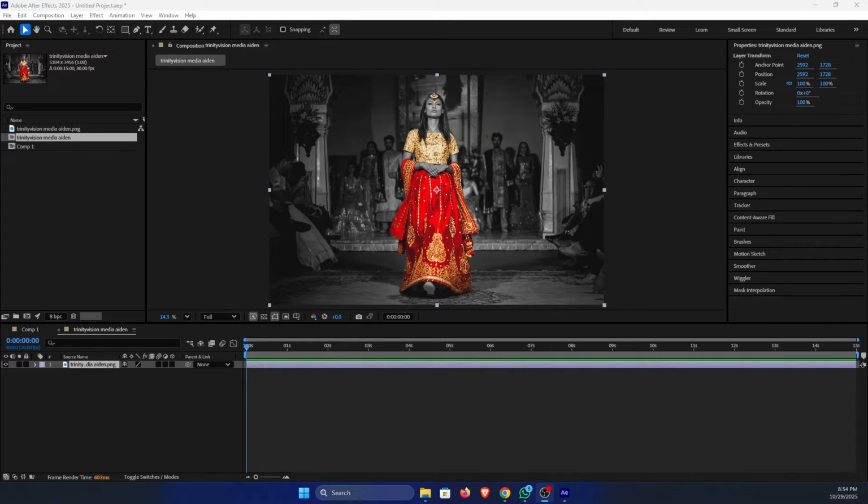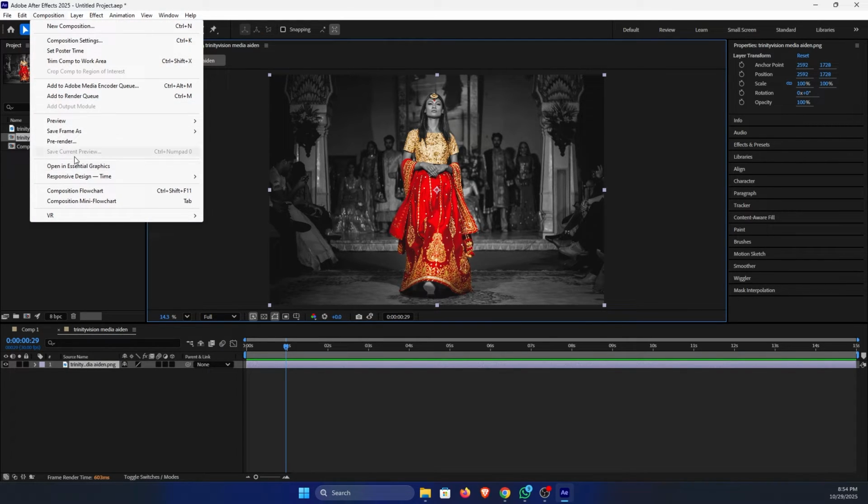Move the playhead to exactly the frame you want to export. Screenshot the frame, go one step more, then capture. Go to Composition, Save Frame As, File,